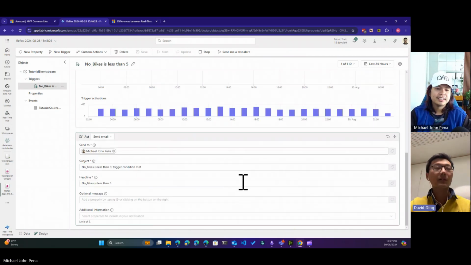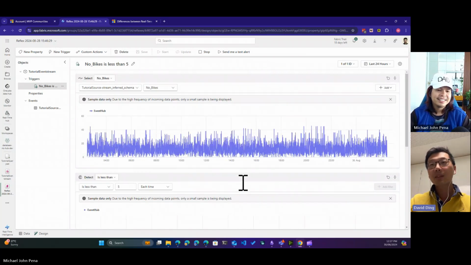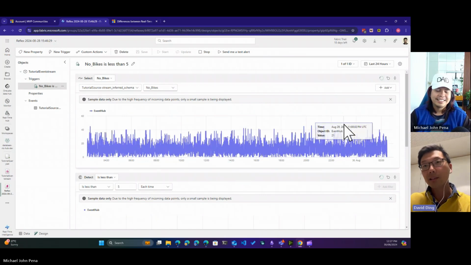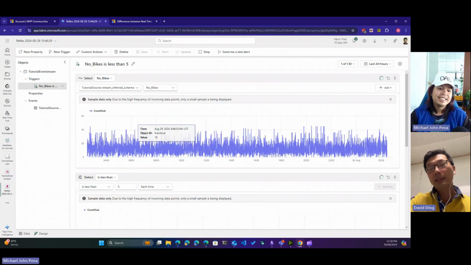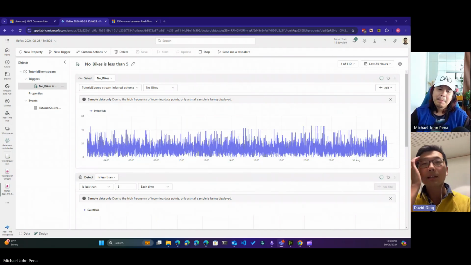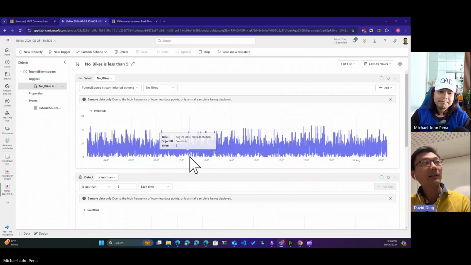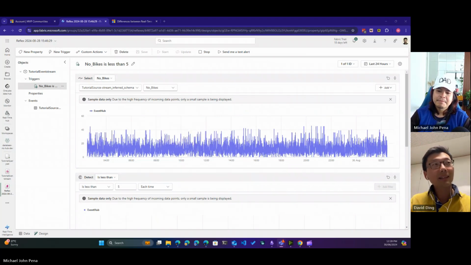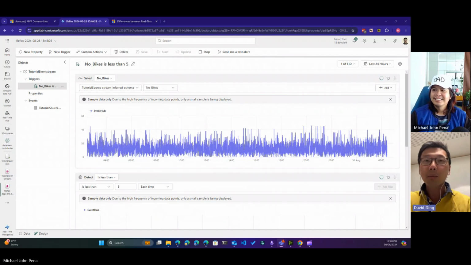I see. When you say action, I was thinking more about data-related actions, like doing the transformation. But this is actually integration with notifications, alerts, and those types of things outside of Data Activator pretty much. Okay, cool. That probably requires integration with other things outside of it, but we don't need to worry about it. From here, it's just reflex, and then you pick the type of action that you want to do.